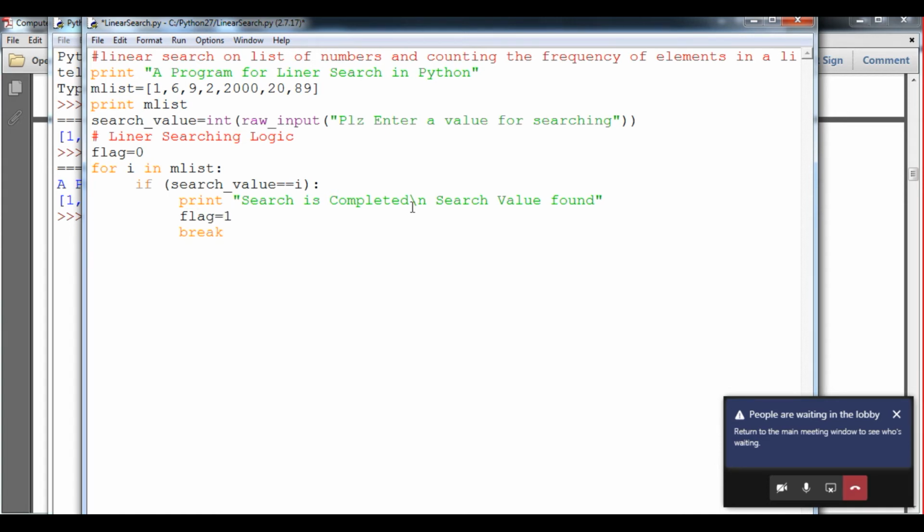So we will come out of this loop, and then we will check if flag double equals 0, then simply print search value is not found in our list.